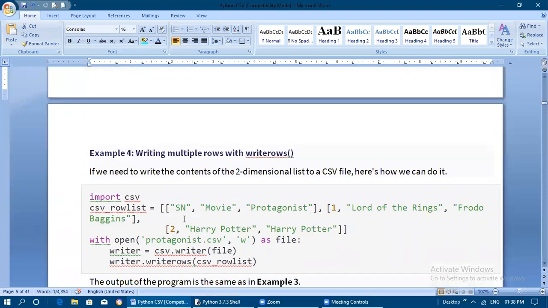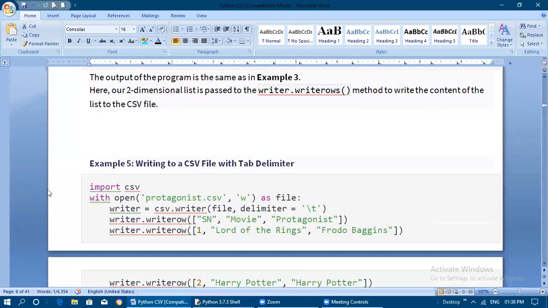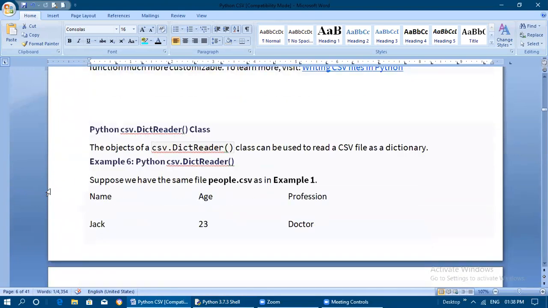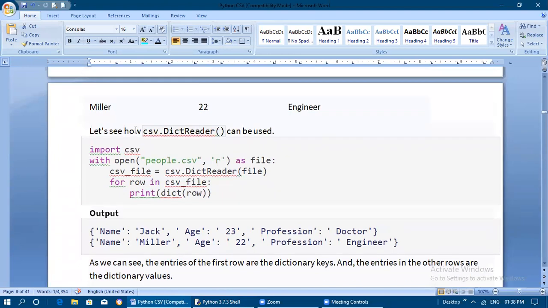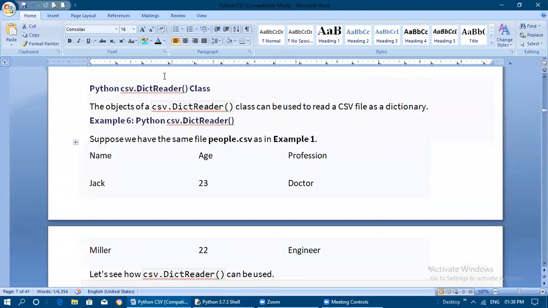Next, they have explained how we can write dictionary format data into a CSV file. See here, the objects of csv.DictReader. The DictReader class function is going to be used to read a CSV file as a dictionary. So we can read a CSV file as a dictionary, and we can write a dictionary into a CSV file.